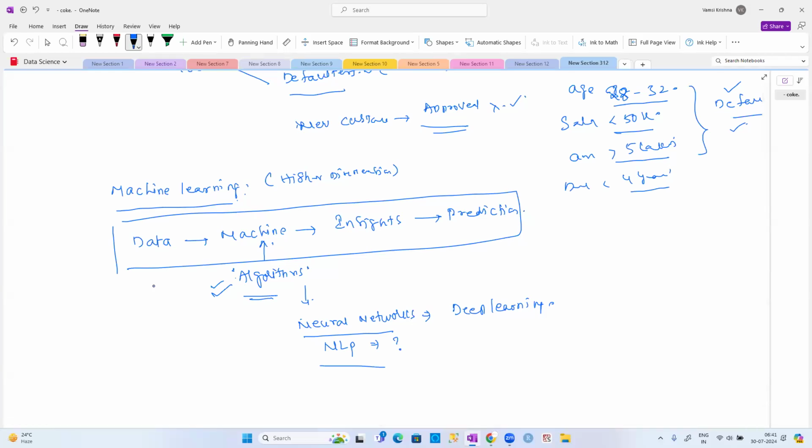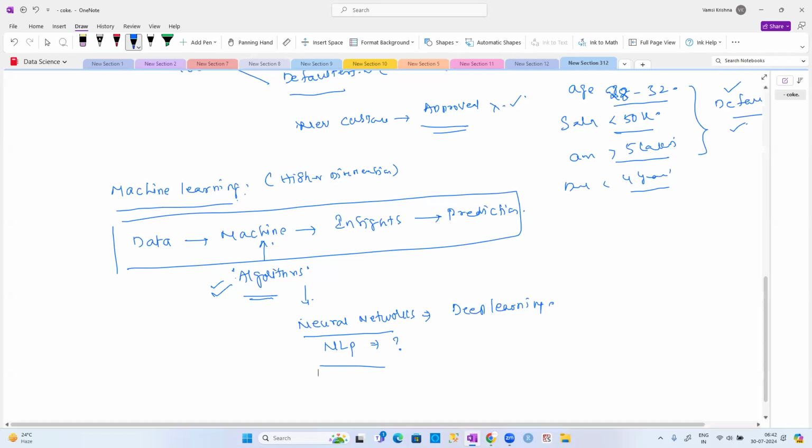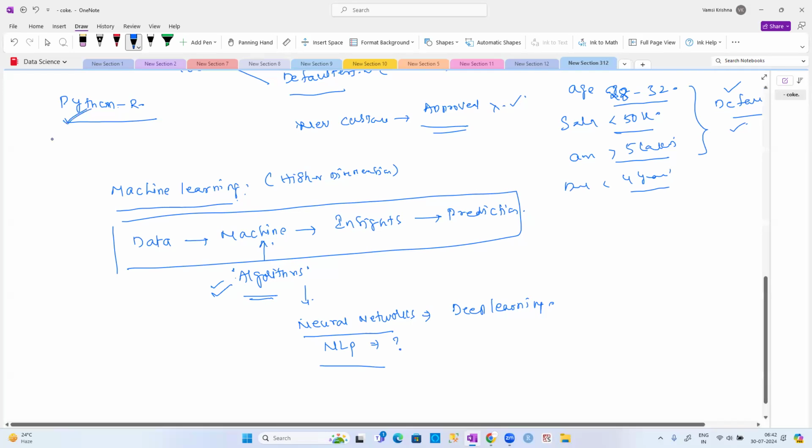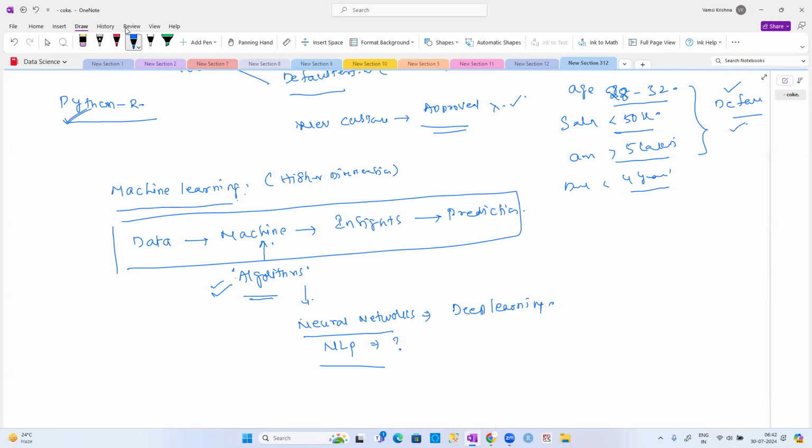Anyhow, in the main classes, whenever I start with machine learning, I'll introduce what machine learning is, and all these discussions will be done once again for the concepts. But for implementing all these things, we have to take the help of a language. That language is Python. R is also one of the nearest competitors to Python, but generally people mostly use Python. Why? Because Python provides all the utilities for machine learning, deep learning, NLP, and AI. For all of them, Python is the best option for implementation, guys. That is the reason why we have to learn the Python classes.